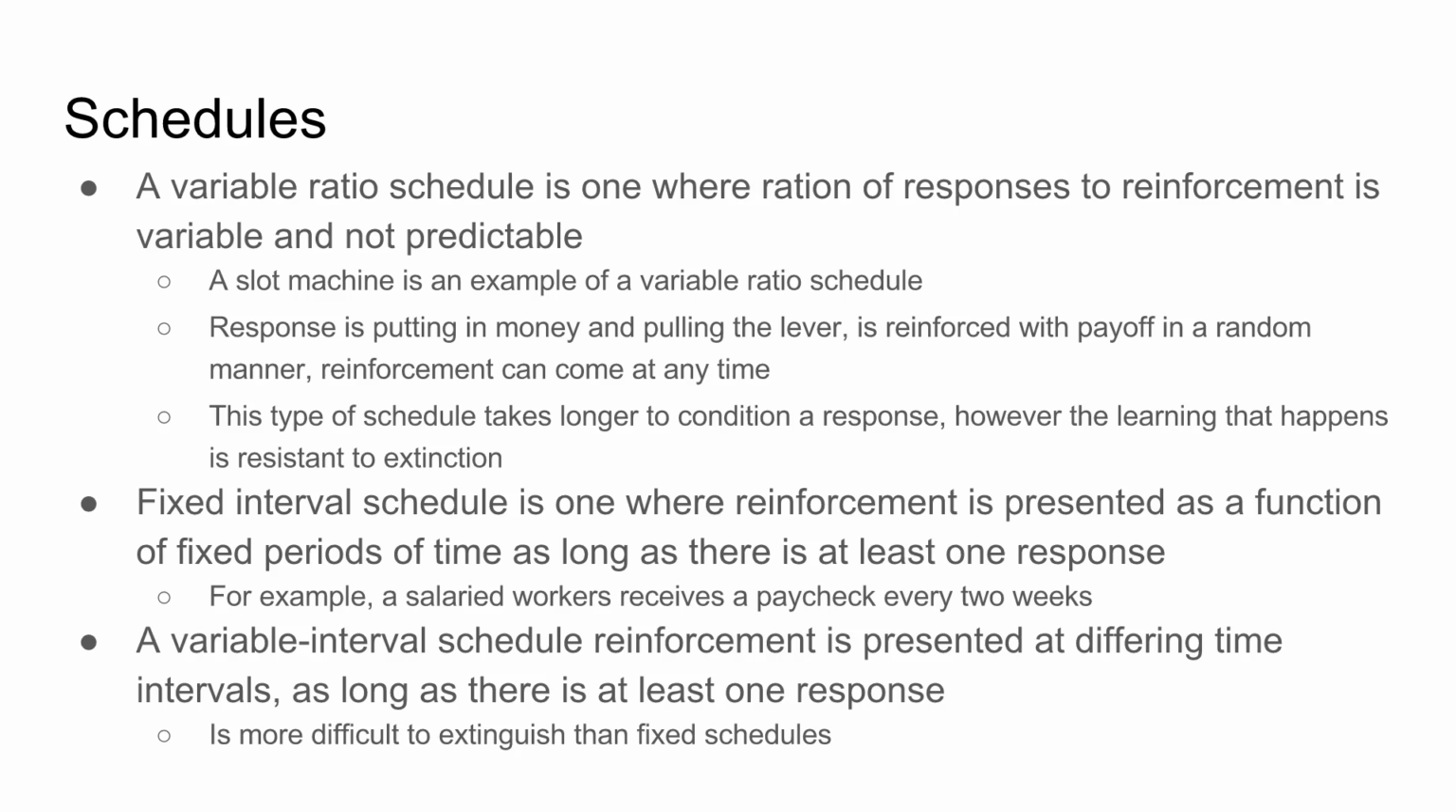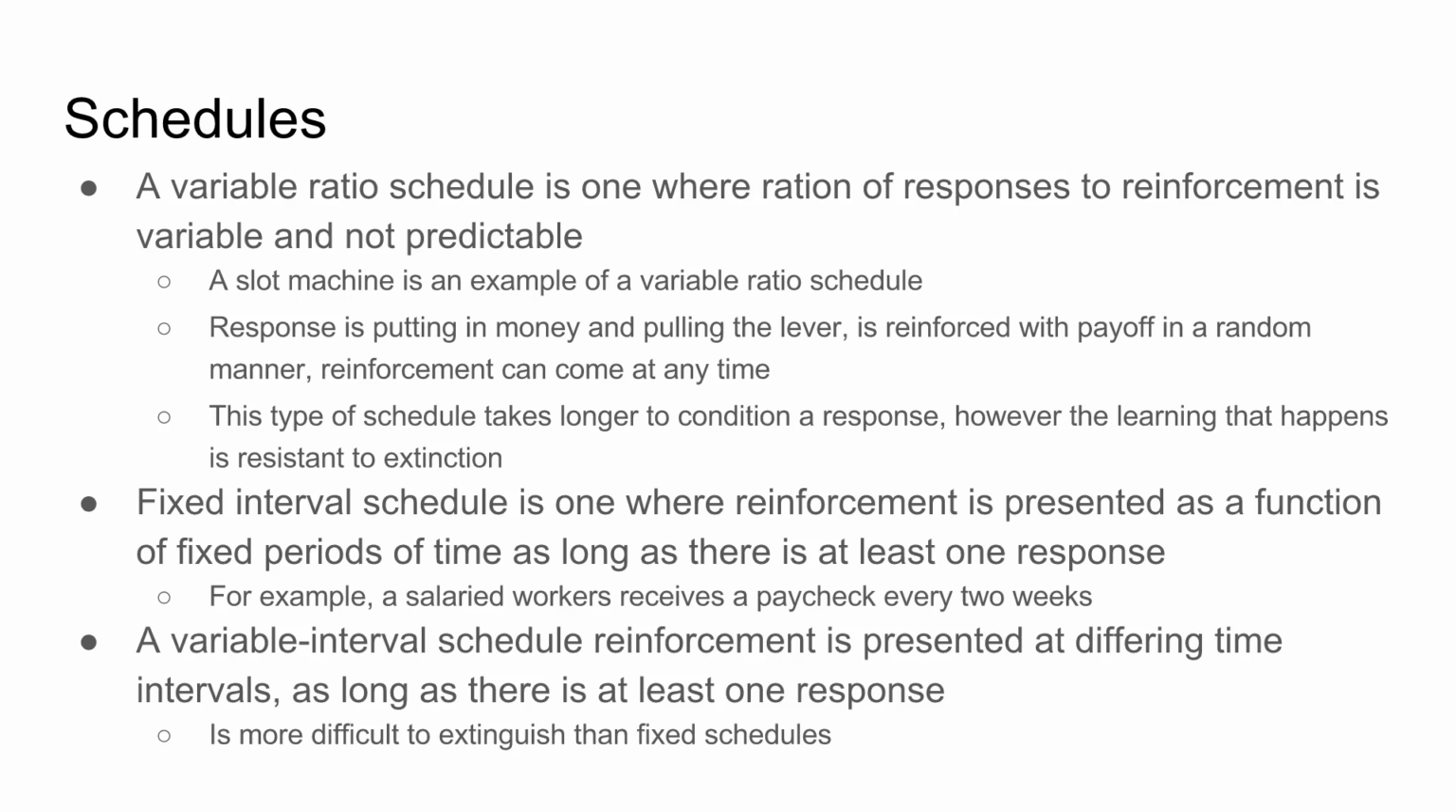So the example of this is a salaried worker, right? You get a paycheck every 2 weeks. That is a fixed interval schedule. As long as you show up at least once to work, or whatever it may be, however many times you have to, you get that paycheck. Likewise, maybe you give the rat a food pellet every hour, provided they press the lever at least once an hour. That way they know, hey, I've got to go press a lever, and then at the end of the